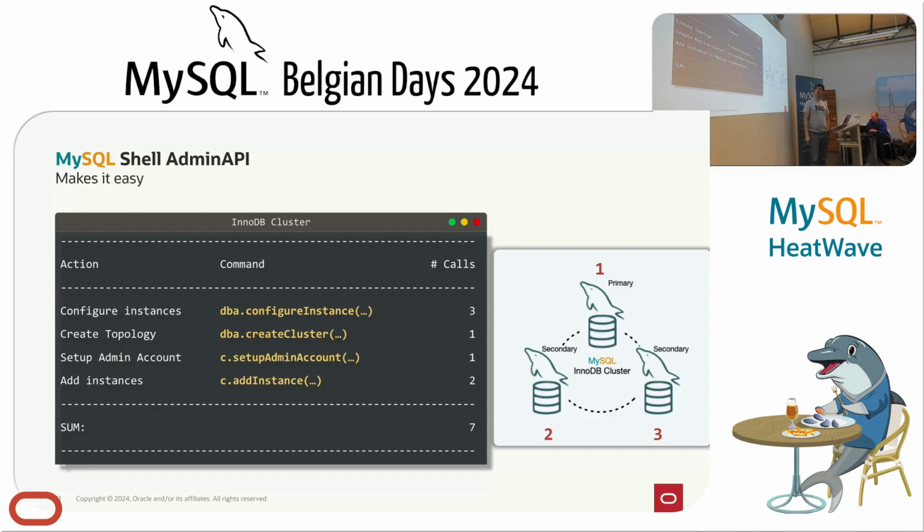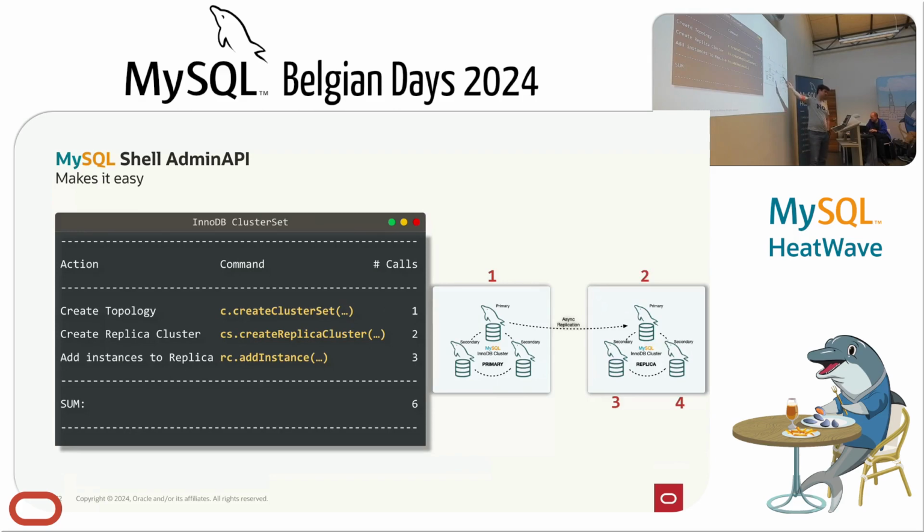Replica set, the same story. You create a cluster set from a standalone cluster. We create the cluster set. That's just registering in the metadata that this is going to become a cluster set. Then you create a replica cluster out of a single instance. Shell will connect to the instance, will create the topology there, will start the asynchronous channel, will do configuration, and you got this new cluster replicating from the primary cluster, and then in that cluster you can add instances like it was just a regular cluster.